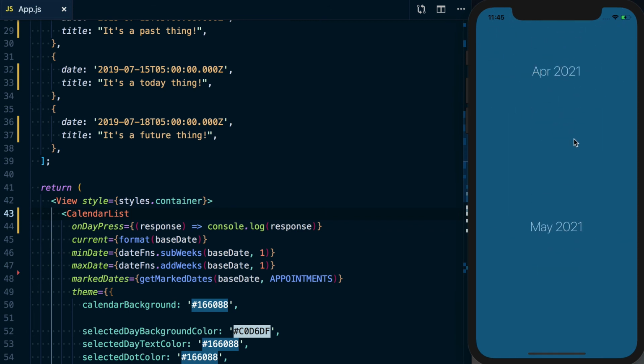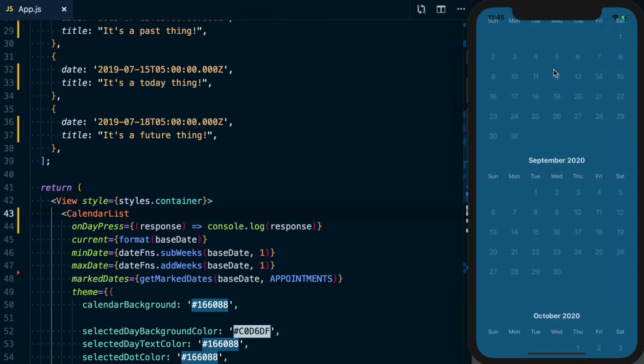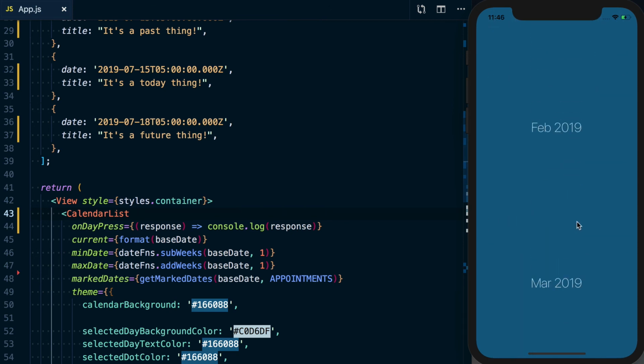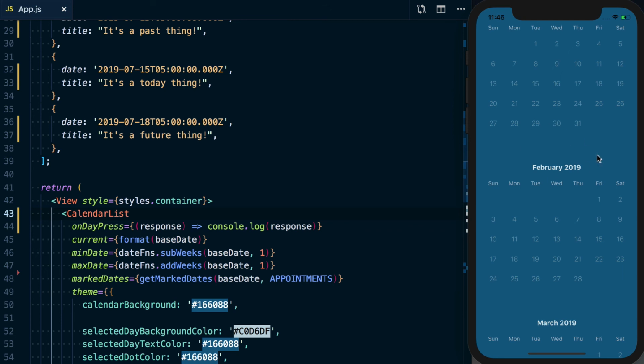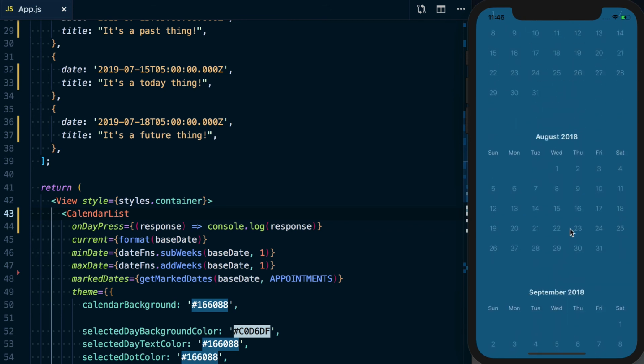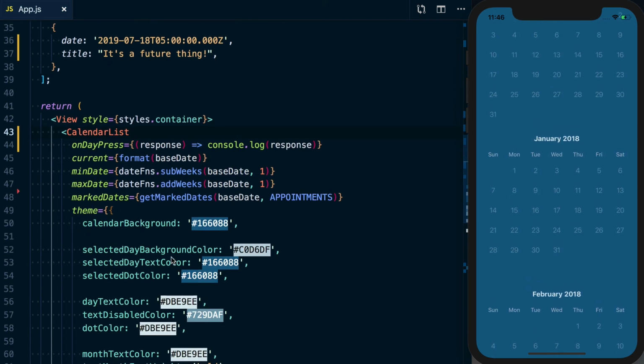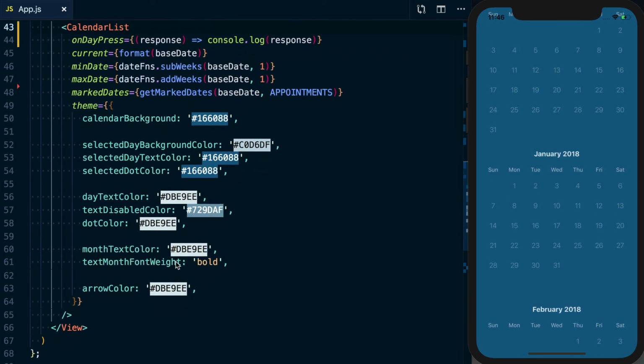There are some limitations on it just because of performance reasons, but I think it's optimized really well, and it gives us this great experience of just being able to scroll through a bunch of lists, and it'll populate them once they're actually in view. So it's a really good optimized experience. Again, if you've ever tried to build a calendar, you know it's tough. So I encourage you to use this excellent package. It's one of my personal favorites that I think I've brought into every project I've worked on in the last 2 years. So definitely check out React Native Calendars to save time, build beautiful calendars, and get all those interactions that you're going to expect from a